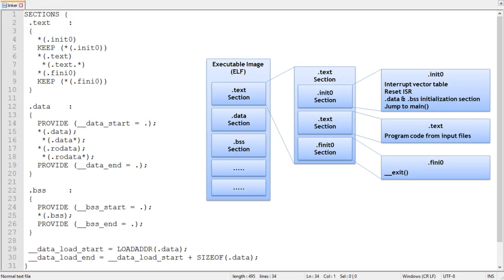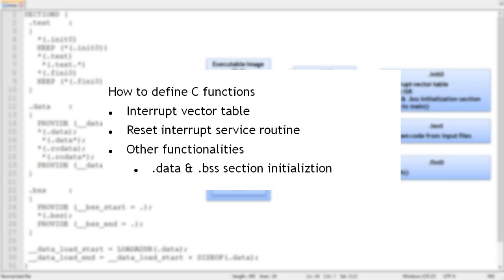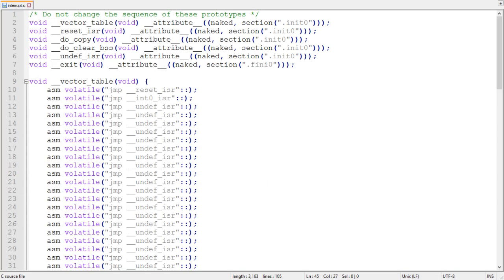Hello and welcome. In the previous lesson, we learned about the linker script. It instructs the linker program how to place the different memory sections from the input object files in that of the output files. In this lesson, we shall learn how to define C functions for interrupt vector table, reset ISR, and other important functionalities. The C functions for interrupt vector table and reset ISR are defined in the interrupt.c source